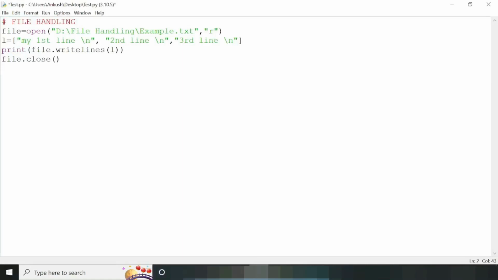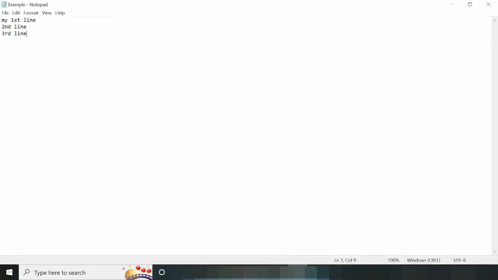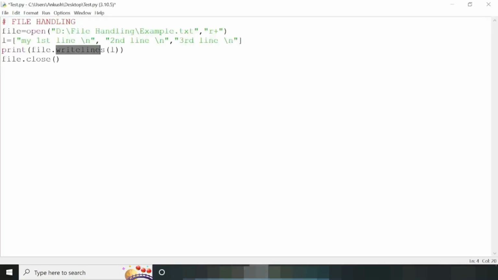Now we will see the r plus mode. If you open a file with this r plus mode, then you can also write some data in this particular file, and also you can read data from that particular file. So now we will perform a write operation by using this writelines function. Here note that initially we have my first line, second line, and third line. And in this program, let me add another string like this, that is fourth line